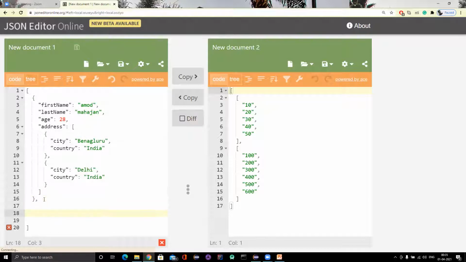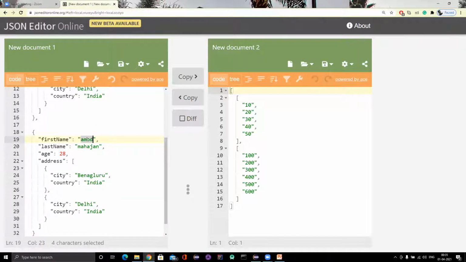So let me add another one here, and I'll just change the name like Mukesh Otwani, okay, a famous name. So I think he must be 31. Suppose he's from, I think, Delhi, okay, India. And let me put it Bhopal, okay.